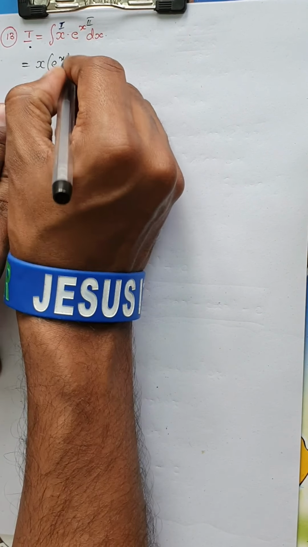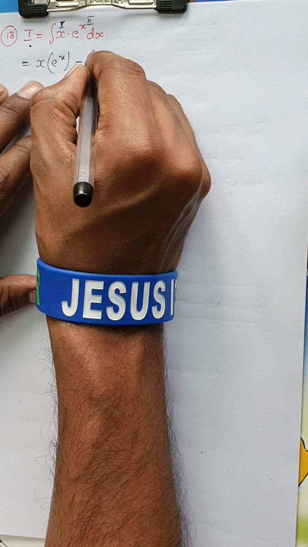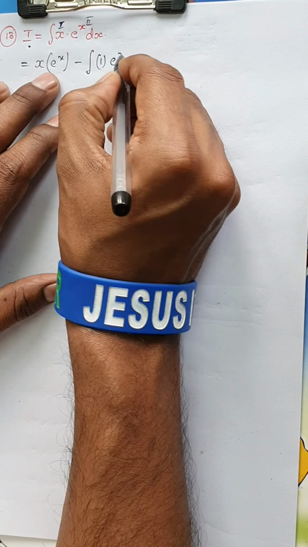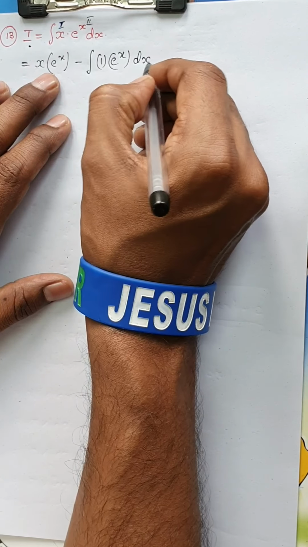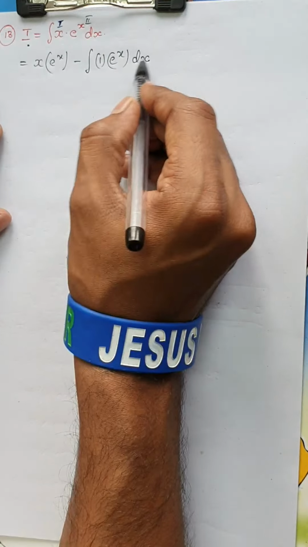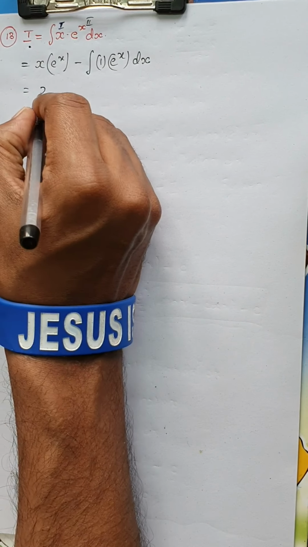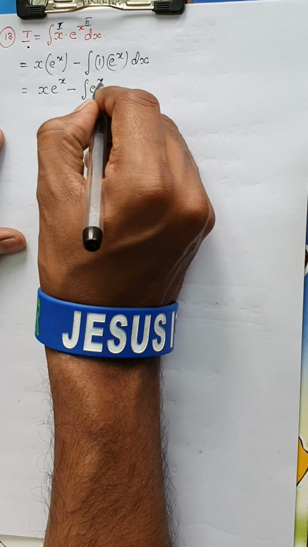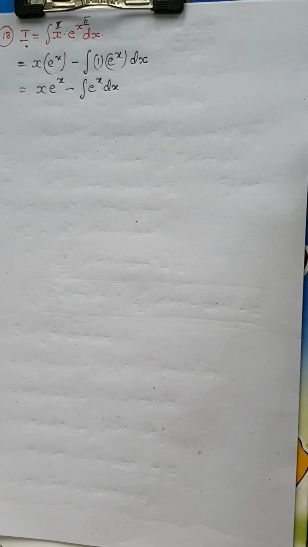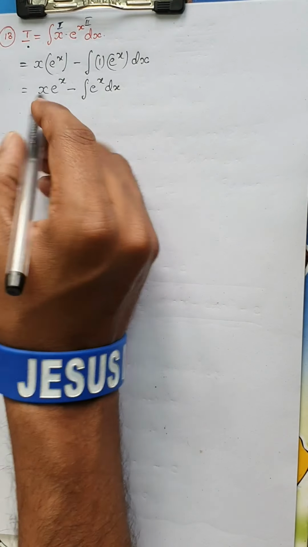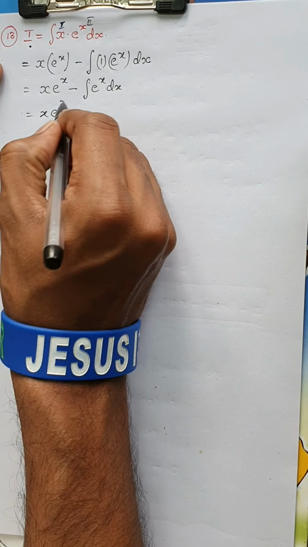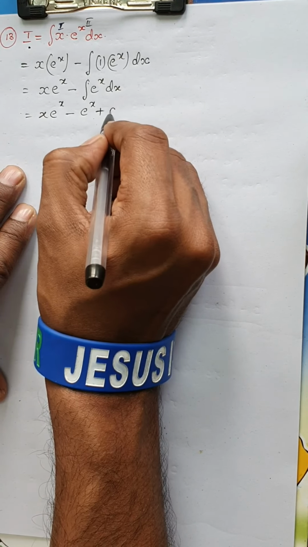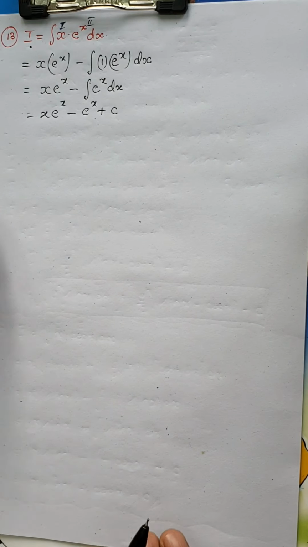So integral of e power x is e power of x itself minus integral of derivative of x. Derivative of x would be 1 and this e power x is e power x as it is with respect to x, that is integrated with respect to x. This would be nothing but x into e power x minus integral of 1 into e power x is e power x dx. Okay, very simple questions these are. So this is nothing but x into e power x minus integral of e power x is, it is again e power x plus c, which is the constant of integration.